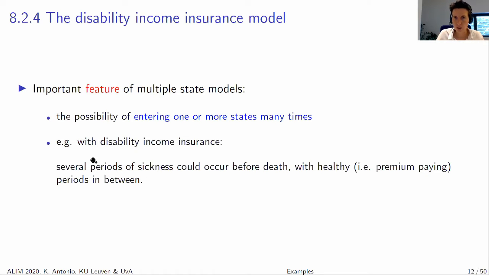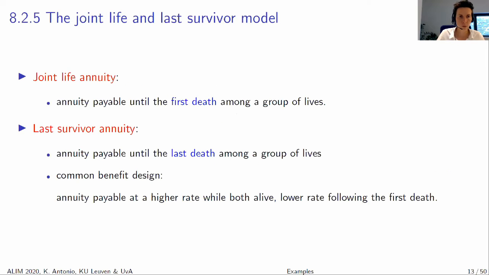That's the example that you see here. We could have several periods of sickness that could occur before death with healthy periods in between, right? So the possibility to go up and back, that is important. And then the last example that I want to present here is an example that